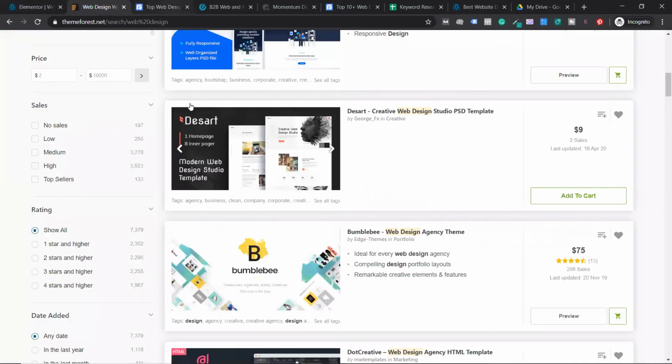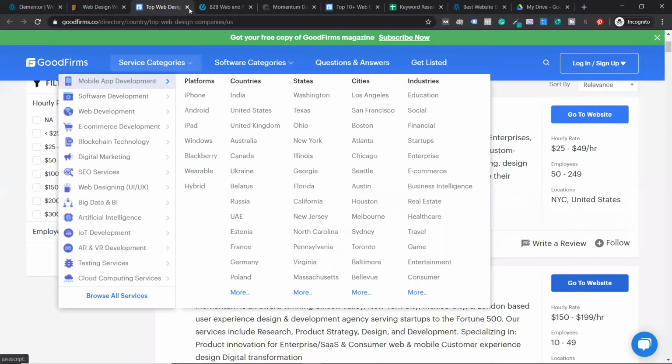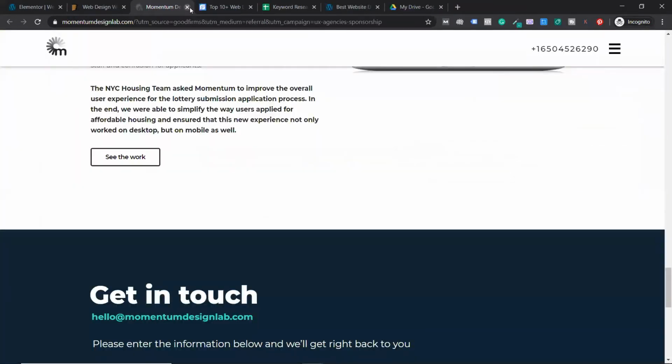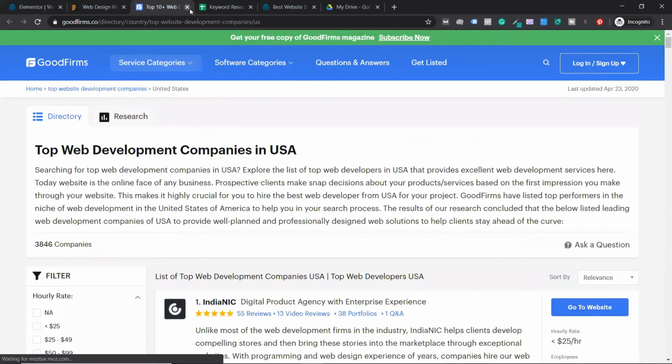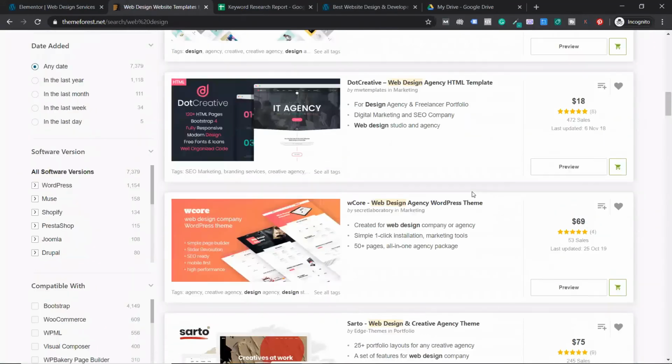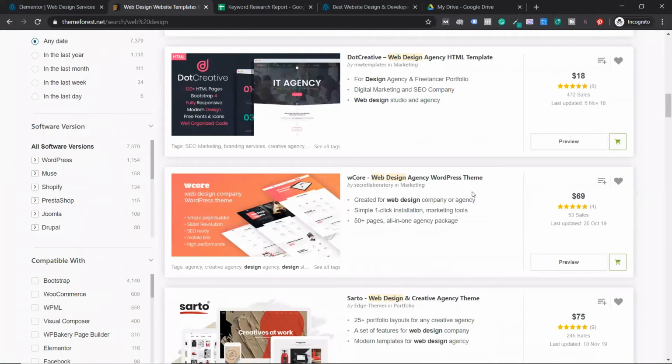Now you don't have to search for the US, you can search for any country. In your own country, you can search some other state or some other city and get ideas. I don't want to copy ideas from my own city, because your competitors more often check yours, no? Like how I check others, they'll check mine. So I don't want to do that. You can check from elsewhere, so there won't be conflict with ideas. So you can copy from others. Okay, copy in the sense of inspirational ideas.